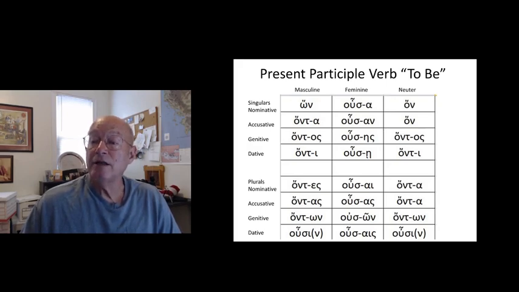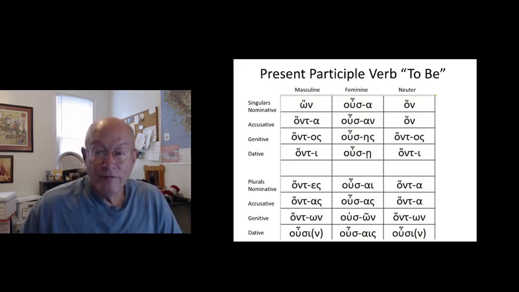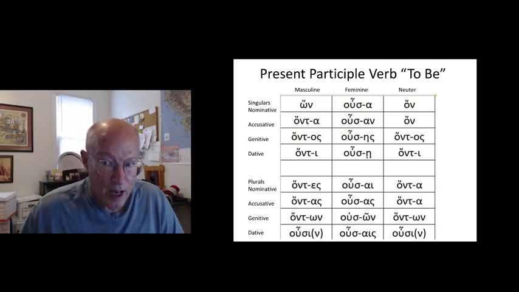And so let me read the feminine column first. Usa, usan, uses, usay, usai, usas, uson, usais. So the thing I've noticed here is that the endings are very similar to the feminine definite article, which we've already mentioned. In fact, the endings are the same for the last 6 items here. Exactly the same minus the tau. The first 2 are similar, but the eta from the definite article has become an alpha here. So you have usa, usan